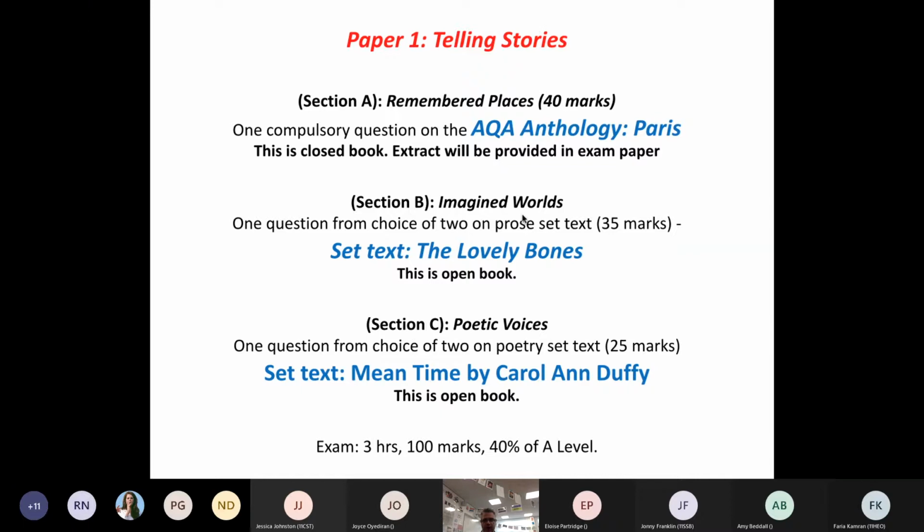Now, on the poems, you write about 2 poems and they are open book. You do have them with you, but only 2 of those poems are ones you have to write about. So really, you study 15, only 2 of them are ever going to be useful to you. It's a bit of a shame, really, but you get the pleasure of studying 15 poems, but you write about 2 at the end of the day. And of course, we won't know which 2 they are until you open that exam at the end of year 13. Now, this PowerPoint will be in Teams for you to share and look at.